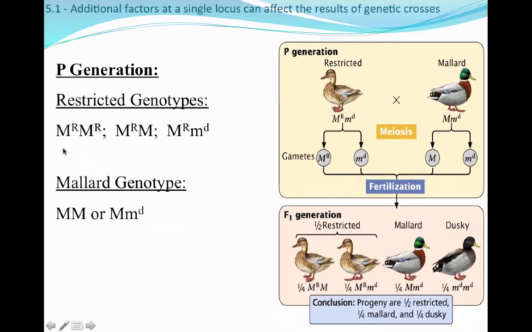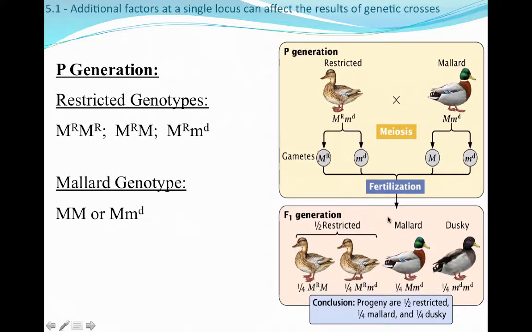So in our restricted genotypes, we've got three different genotypes that can actually result in a restricted feathering pattern. And there's only two genotypes that can result in a mallard genotype here. So if we were to cross this MRMD restricted hen with an MMD mallard, then they would